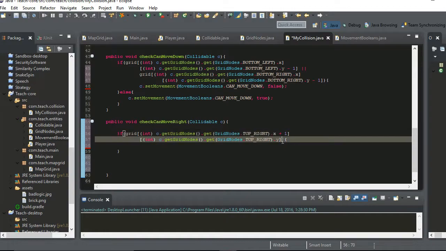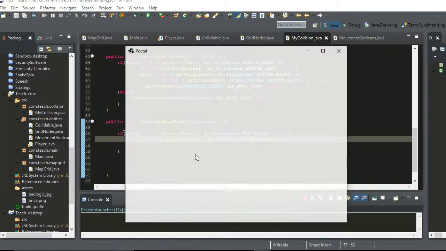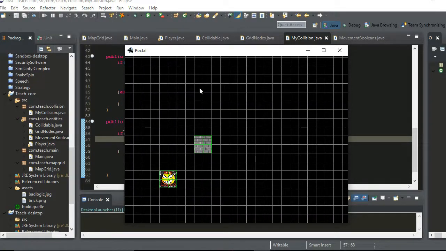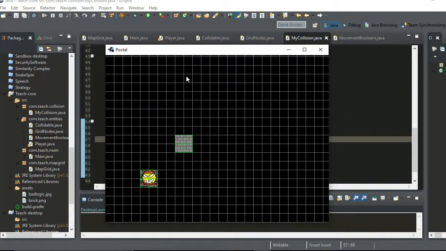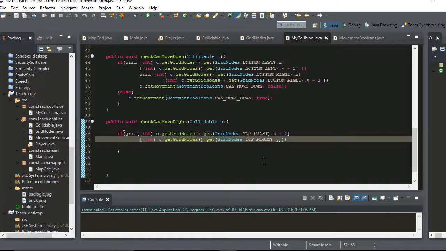But we also want to make sure there's nothing to the right of the bottom, because just checking for the top, you'd be able to slide through little crevices, you know what I mean? So let me explain what I mean. If there was something right here and we had the code just as it stands, just checking the top right, if there was a platform all along here, you'd go right through it. So we also need to check